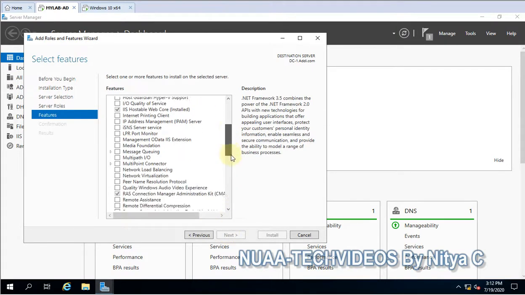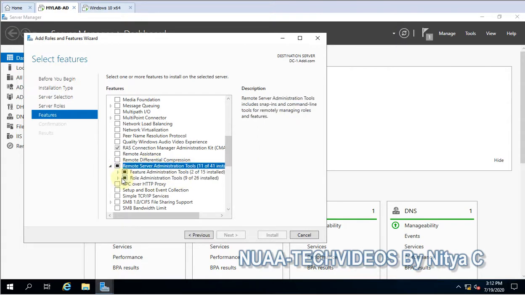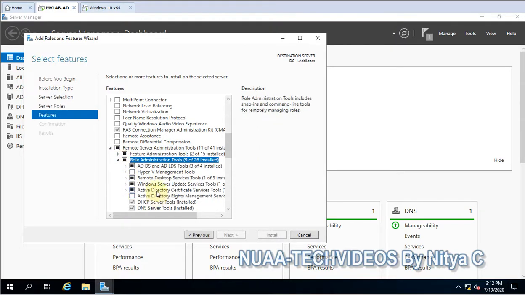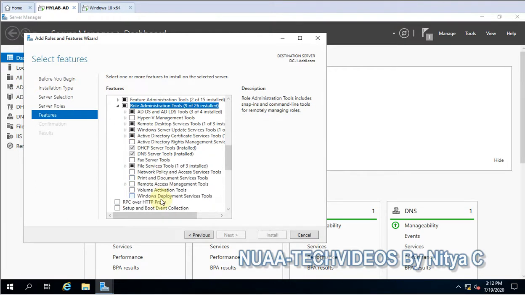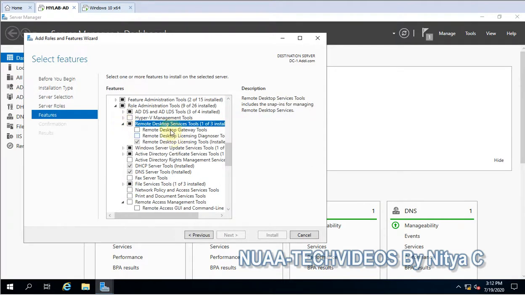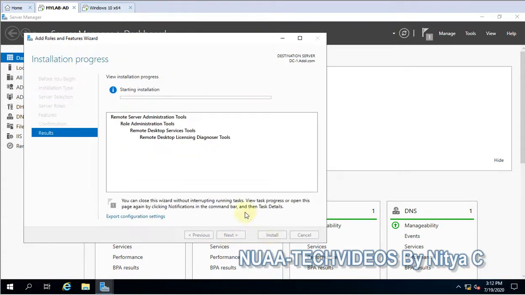So let me scroll down to Remote Desktop, Role Administration Tools, Remote Desktop Services Tools, and here you can note the path, and this is the Diagnoser. Let me click on that, and I'll let you know how it will help us.